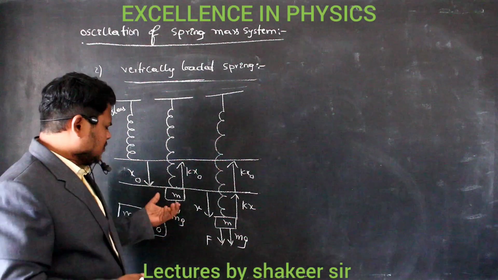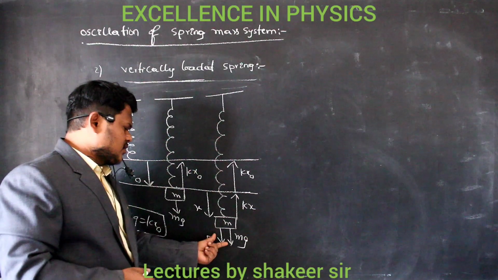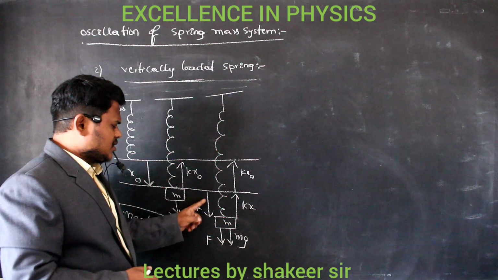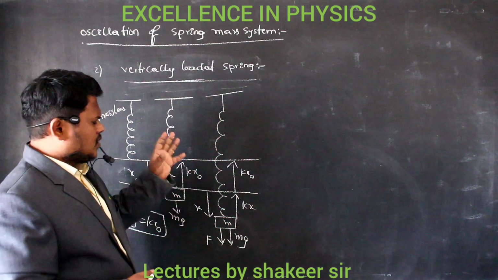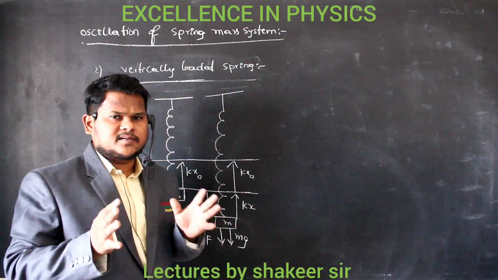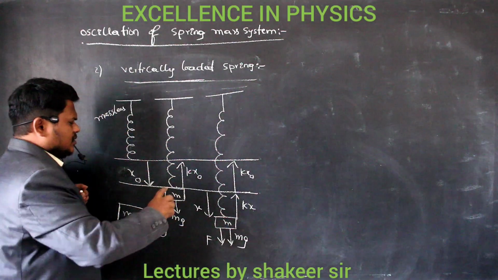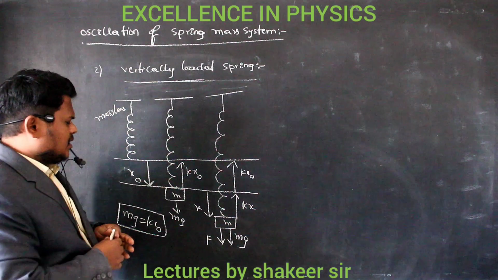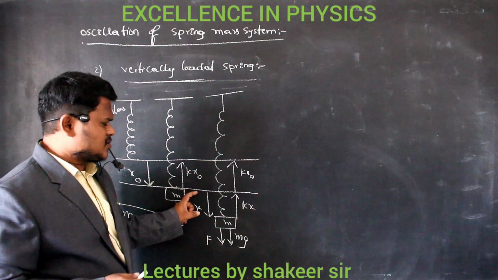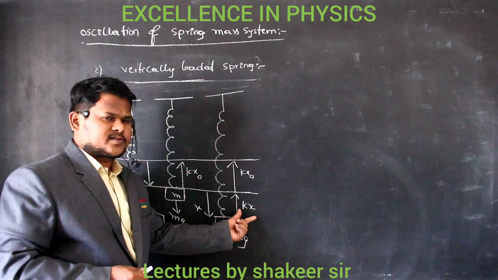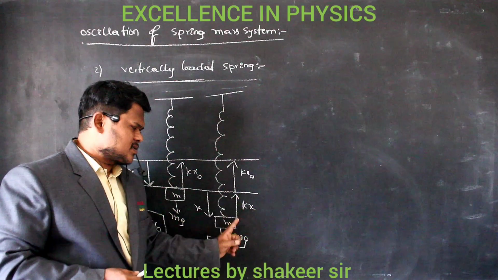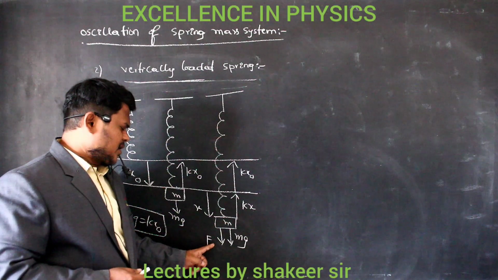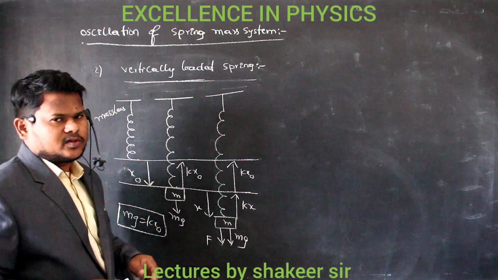Clear? Now by holding this mass, I am pulling this mass downwards by applying a force of F, so that the spring is elongated by an additional distance of x. Clear? Now what are the total restoring forces which are acting, that we will study. Initially, already there was a restoring force of kx naught, so this is that kx naught. And when the body is further displaced by x displacement, then a restoring force of kx. This is the additional displacement produced kx, which is again acting in opposite direction. Now what are the downward forces? Applied force F and mg, these are the two downward forces.